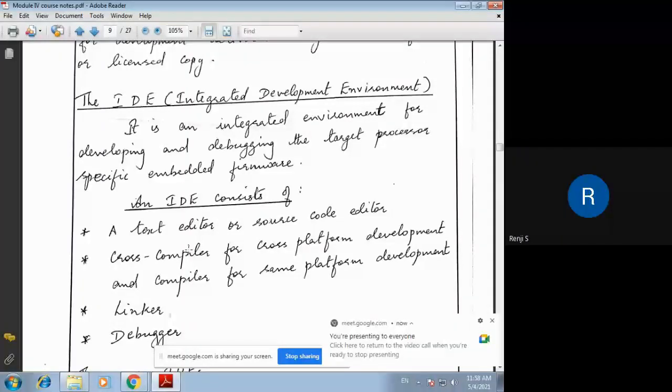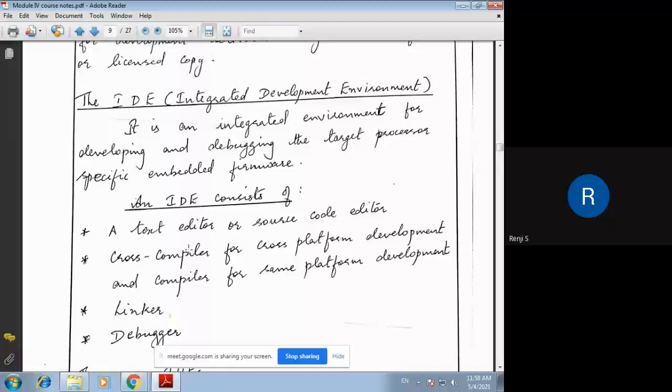Like if you had worked with Visual C++ or Visual Basic, it provides us an IDE, or MATLAB, etc. There are many IDEs. They provide us all the tools for development. So programming is easier. We can just drag and drop the tools provided by the IDE and write our code in those tools.